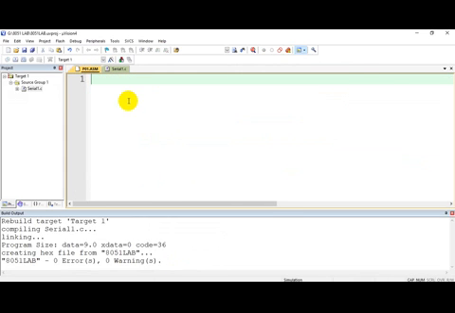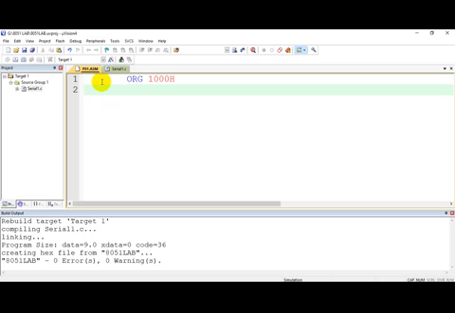Before this, we have to define the message. That message I will define at some address: ORG, say at 1000H. How do we define the message? We have a directive called DB.